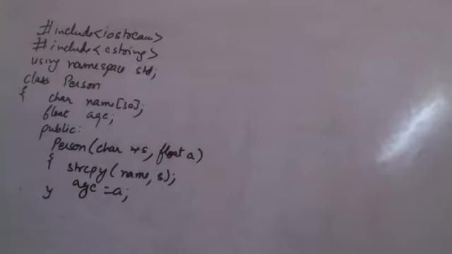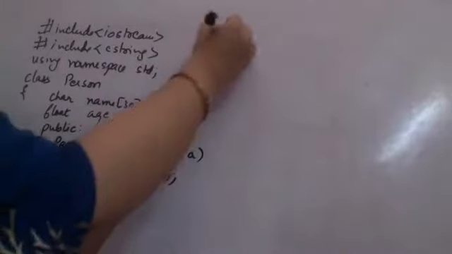Now, if I want to calculate whether a person is greater or not, I am creating a function. So I am going to return a